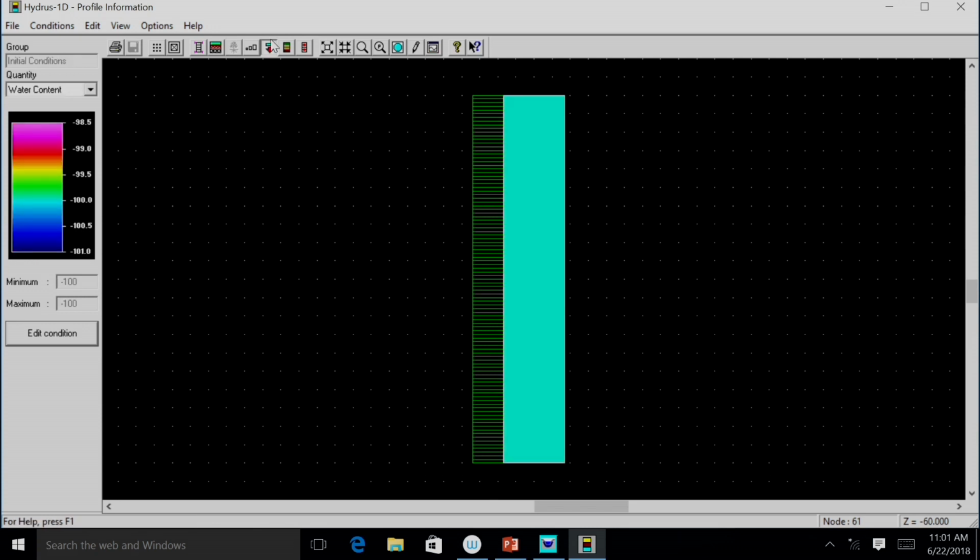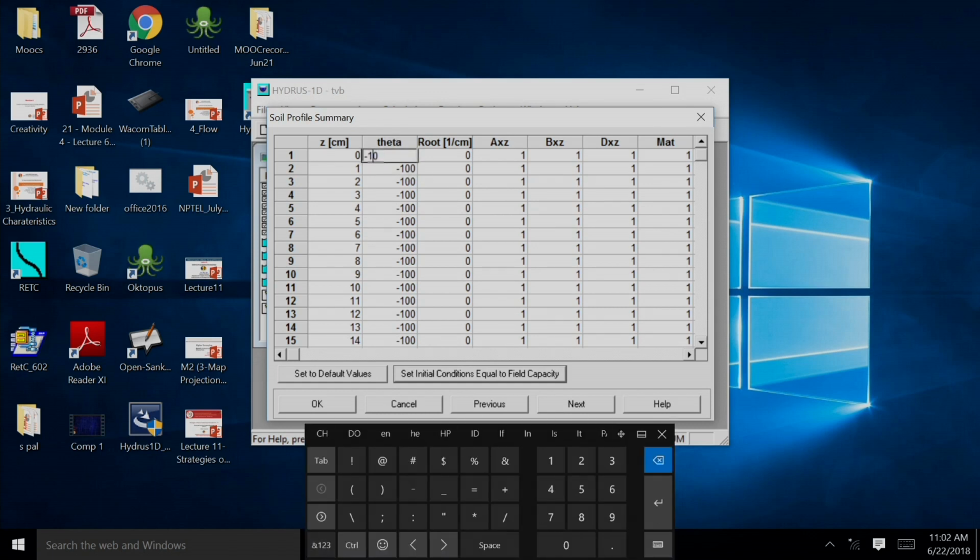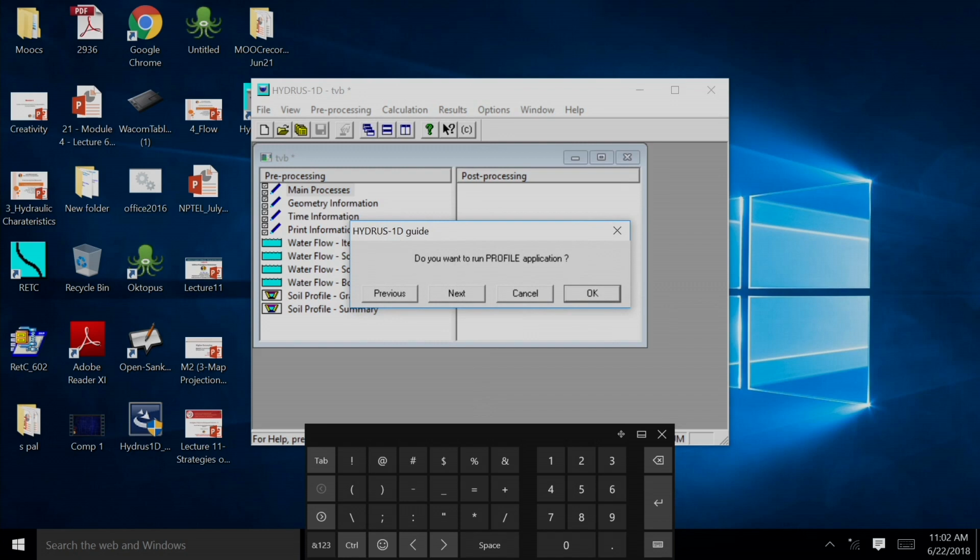So far the initial input has not taken anything. This is the initial input, and if you close this, this is how the grid is considered. Here the theta variation is not considered at all, and here we need to give input. So here theta is given as, this is not theta, this is head. So it is wrongly considered. We go to previous.